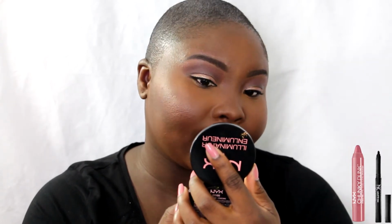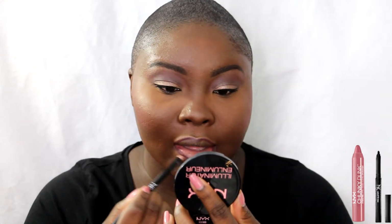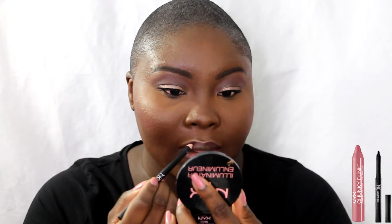I just dabbed a little on my Cupid's bow, and then I went in with the NYX lip liner in dark purple, and this NYX Chunky Dunk, and the color is Watermelon Cooler, and it's really, really pretty. It's very light too. So I'm just filling in my lips, or lining my lips, and then I'm going to go in with the Chunky Dunk, and it gives it a really nice sheer